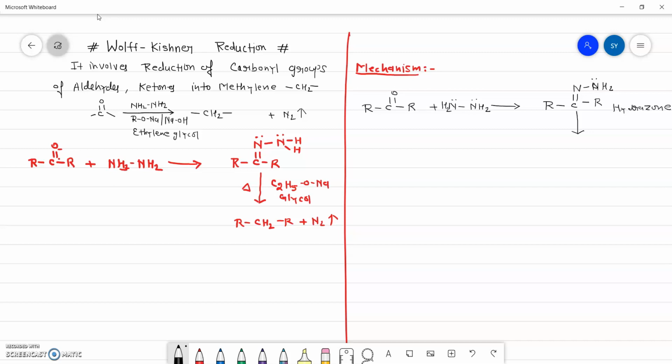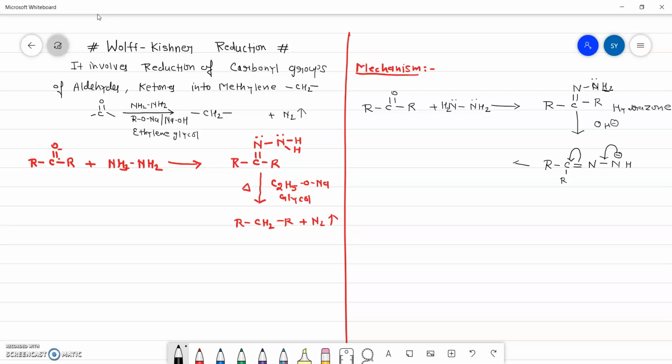अच्छा, अब क्या होने वाला है यहाँ पर, आप इसके अंदर ऐड करेंगे बेस OH माइनस, या फिर आपका अल्कोक्साइड आयन आ जाएगा. सो बेस विल टेक अप द, यहाँ से 2 हाइड्रोजन है, एक हाइड्रोजन को वो पिकअप कर लेगा. So what we are able to get here is this structure R bond C bond R double bond N bond NH with the negative charge. So this negative charge will come between the nitrogen and the nitrogen. At the same time, this pi bond will get shifted over the carbon. So carbon will get a negative charge. Are you getting the point or not?